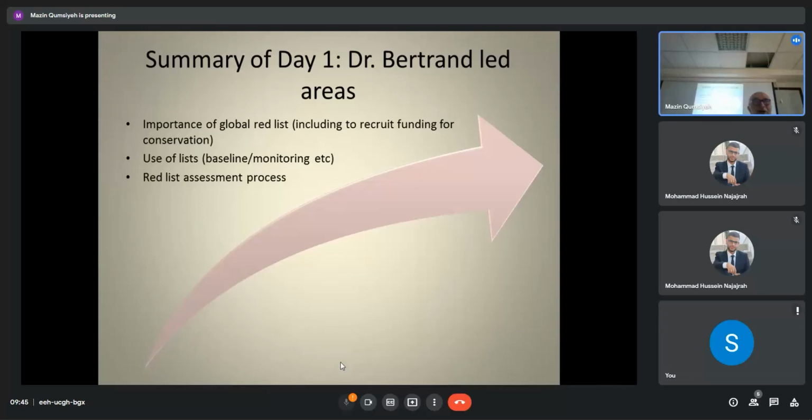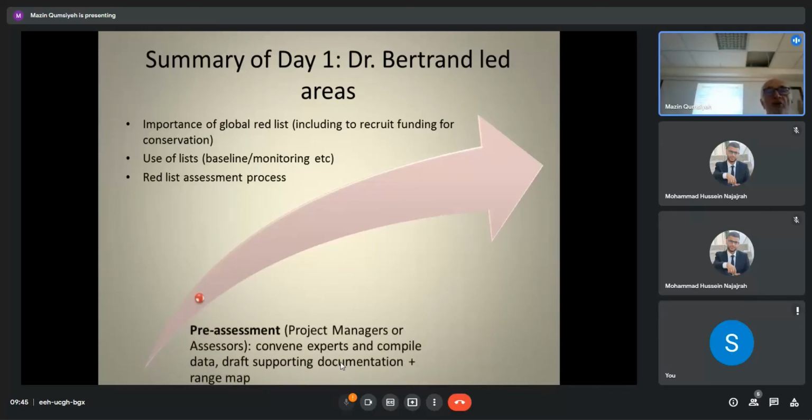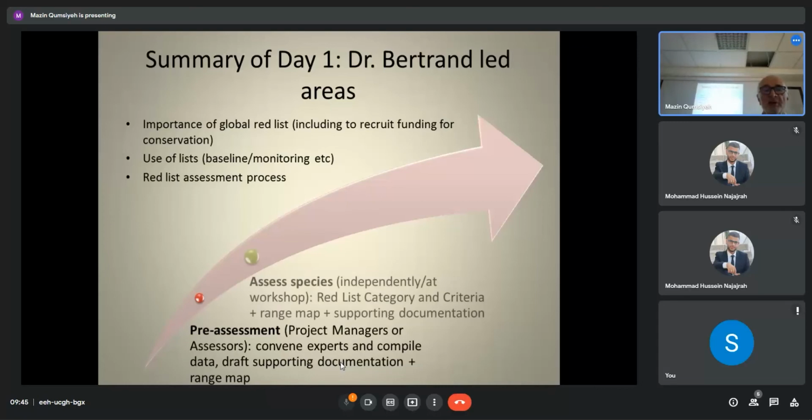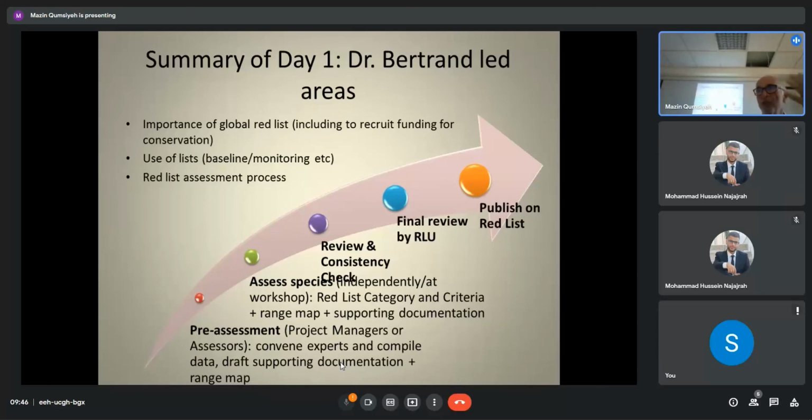It's also a recap. Okay, I continue, and after we can discuss. We will have plenty of time. So the process is to make first a pre-assessment, after to make the real red list assessment, and there are controls by reviewer and also by the red list unit based in Cambridge. And at the end, it is published on the IUCN Global Red List. It is a real publication, a several pages assessment, and so it's a long process, but at the end, it's very useful, and